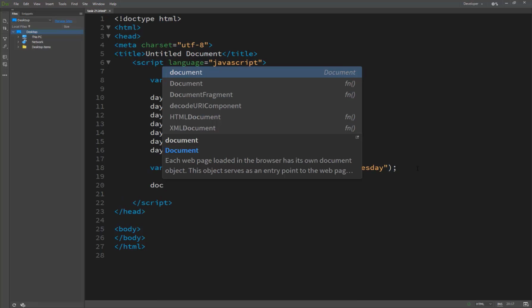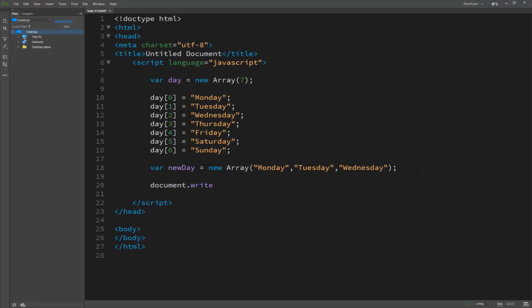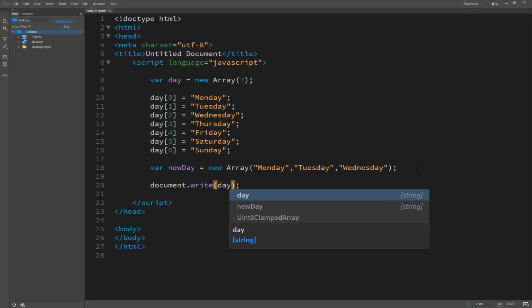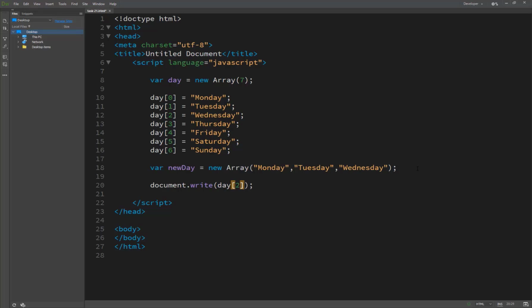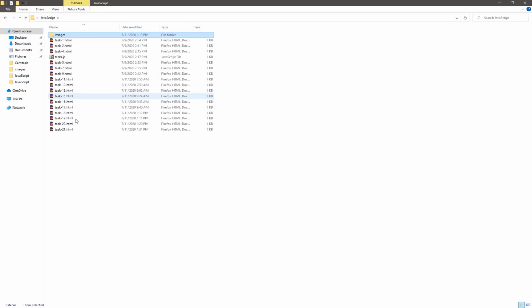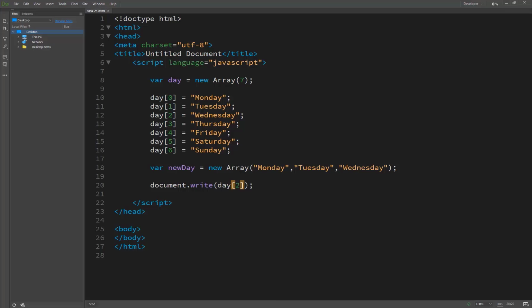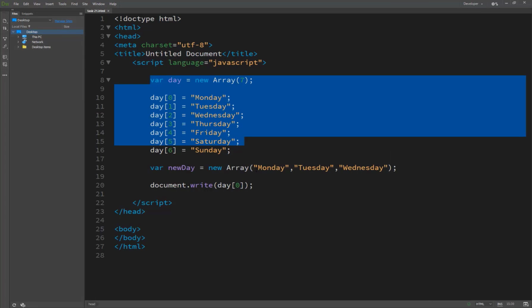So these are the two methods to take, and when we are calling the document, I will show you how document dot write here, and inside I have just passed day and the index number, let's suppose 2, and now you will see the result of Wednesday. Because of this, on index 2 is Wednesday, so we are just printing here the variable, so 0, and if I write here a 0, the result will be Monday.